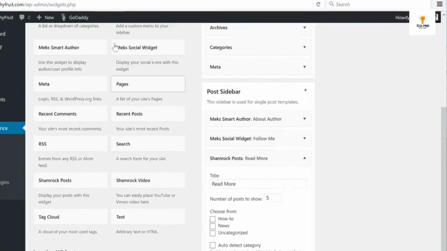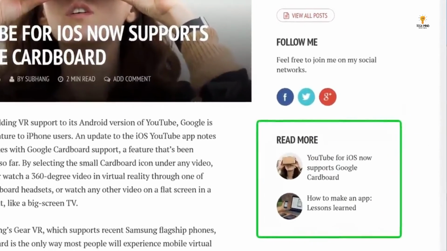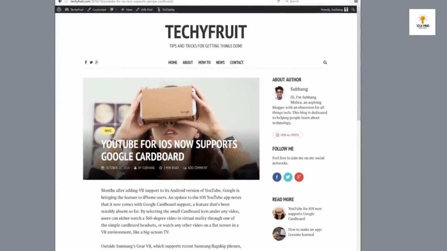And now if we go back to our blog and then click refresh, you can see here that we have got this read more section. Okay, so now we have added all the items in a blog. So this is how